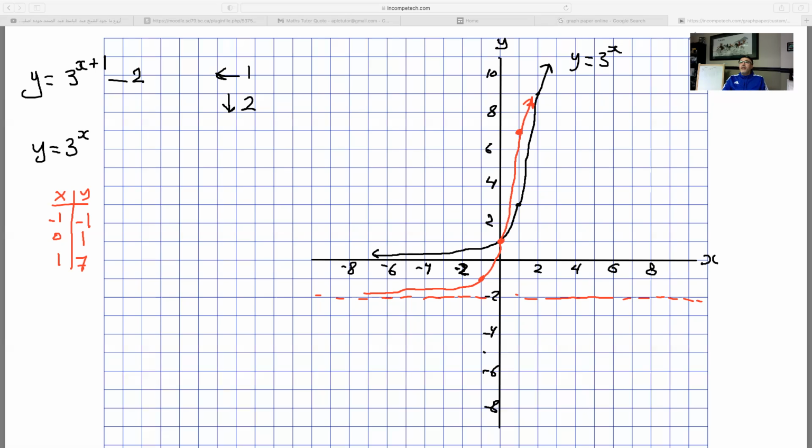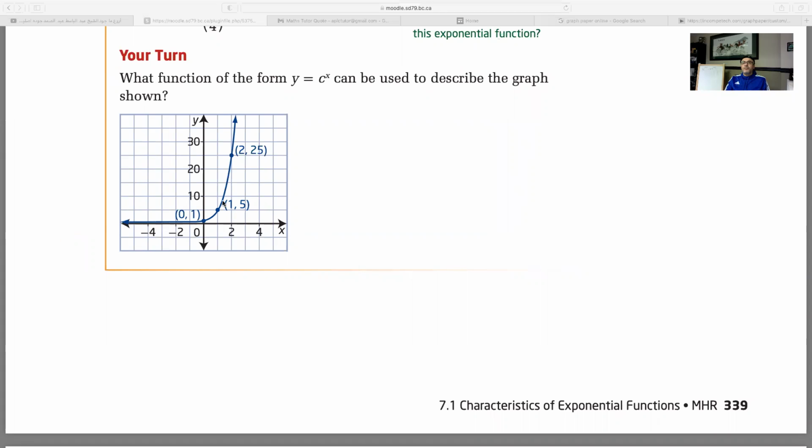I think there is one thing that I'm going to go over. It's this graph right here. So here they've given you the graph and they want you to find C. As we know, x and y variables change as you go along. But what's the value of C? What power is this? Or what's the base basically that gave you this graph? So now if we go y equals C to the x, and just sub in any of these points here. Let's say start off with maybe y is 5. So the point 1 and 5 here